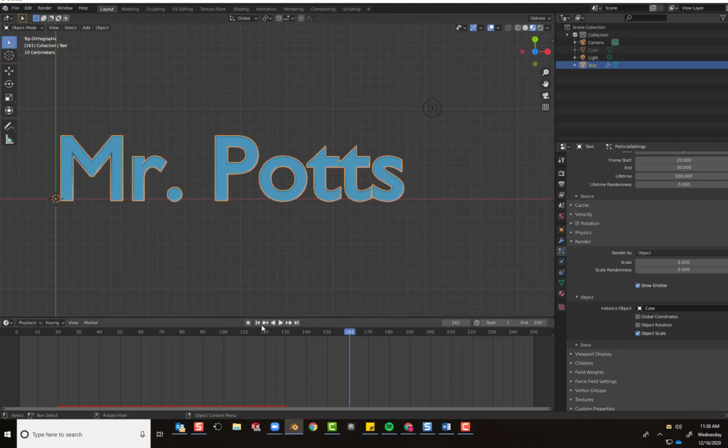Amazing, right? So now every single one of those little particles we have turned into that cube. So in theory, you could change those particles to whatever you wanted to. So if you were doing an animation and you needed some rain, you could turn it into a raindrop and have them fall down. You could turn it into hair. Have you ever wondered, how do they animate every single hair on a character's head? Well,